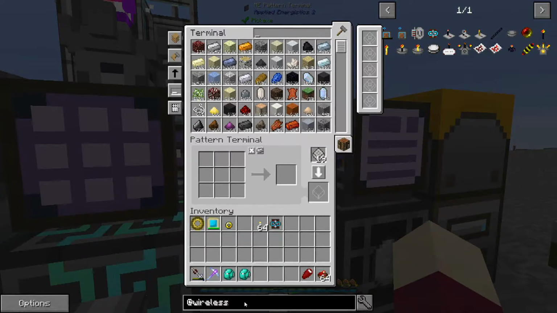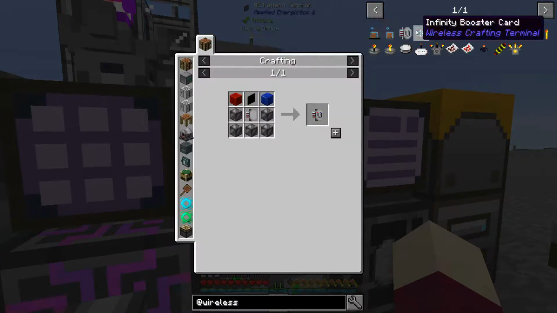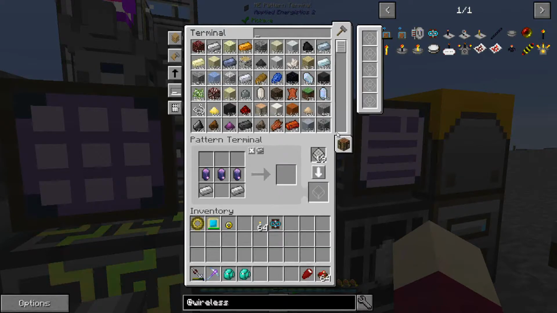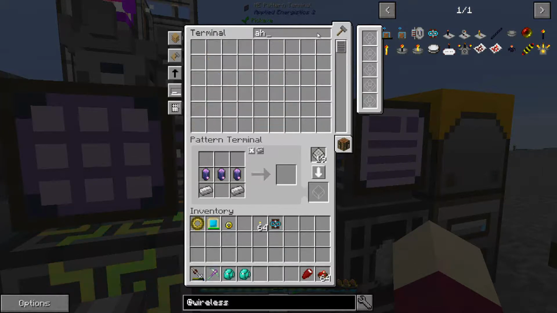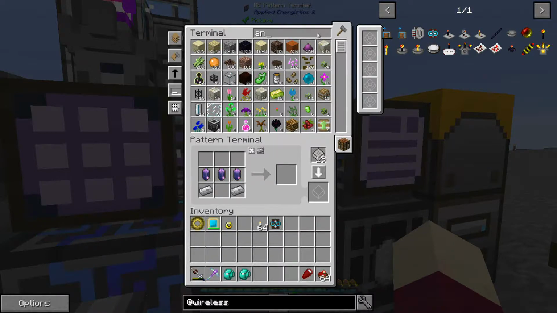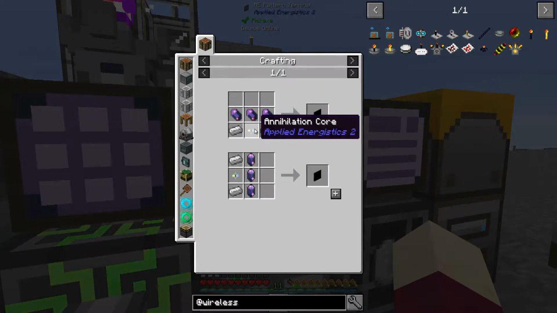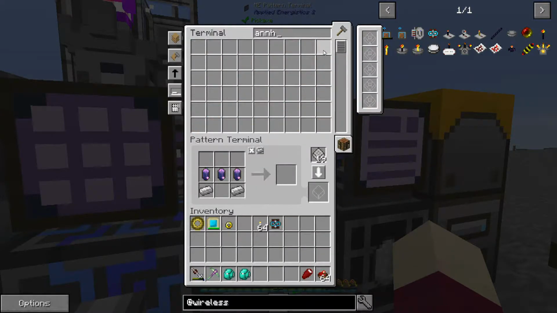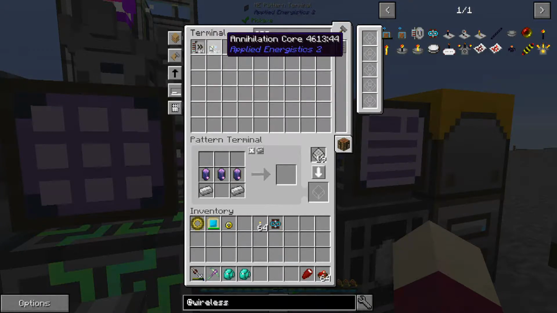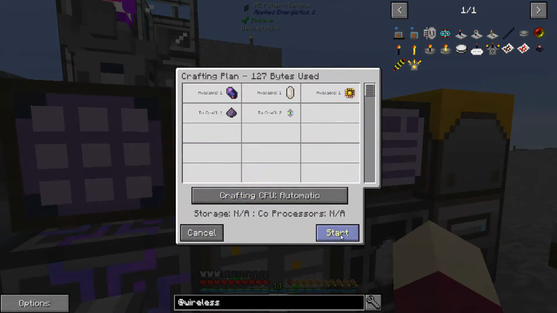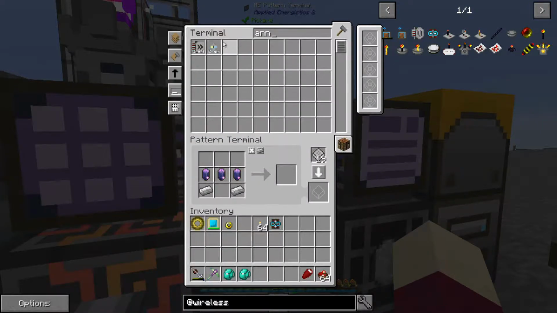So we'll quickly set up the pattern for the annihilation plane. This won't take much at all. We want that one. We need annihilation. I cannot spell right now. But we need to craft one of these. This shouldn't take very long at all. It's going to have to craft some processors. So,